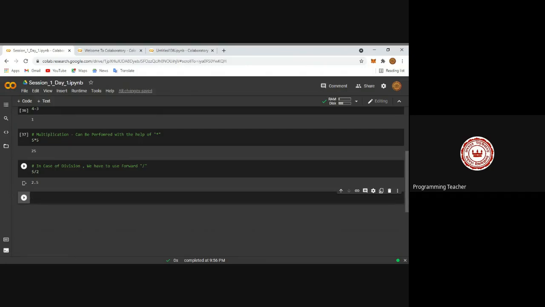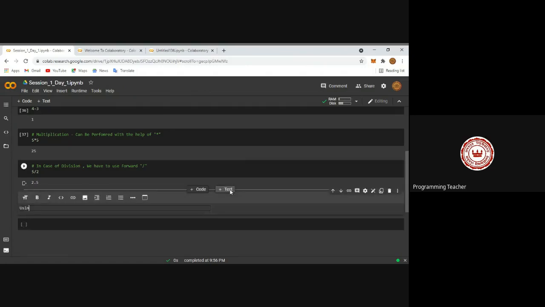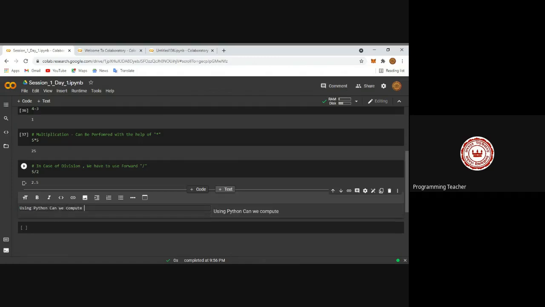Now, can we compute the power of some number? So my next challenge is that using Python, can we compute the power of some number? Answer will be yes. In this case, we have to use a double asterisk.